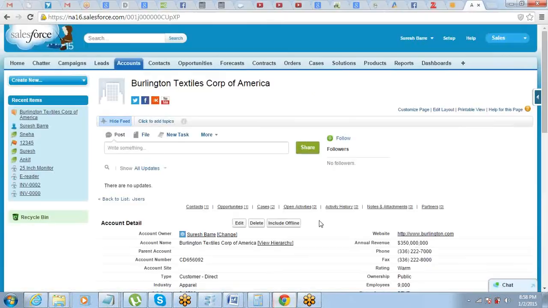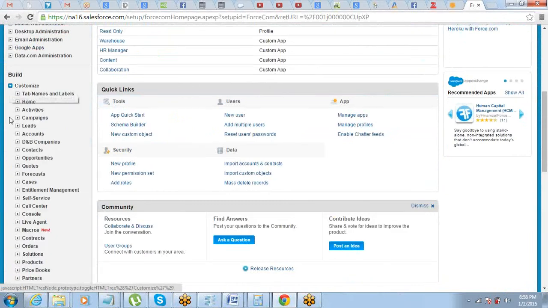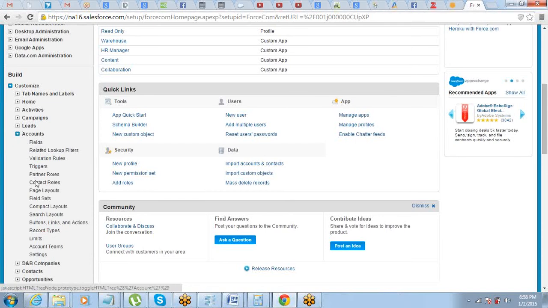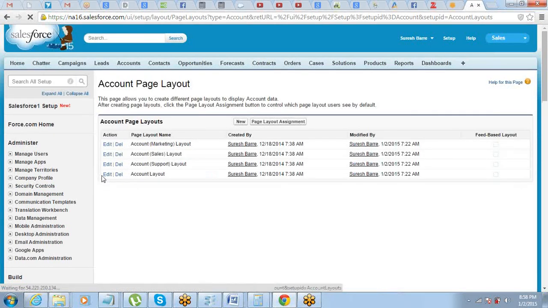So for the standard objects, whatever standard objects we have, you already have multiple page layouts. So if you look into this for account, click on the page layouts, and what you see is 4 page layouts which are already there.